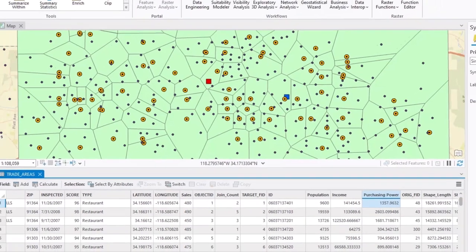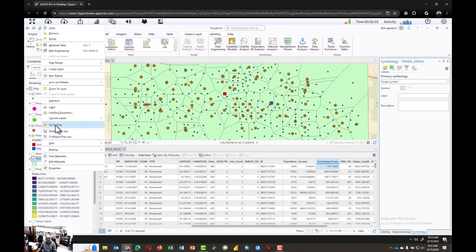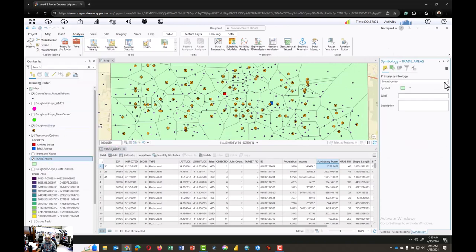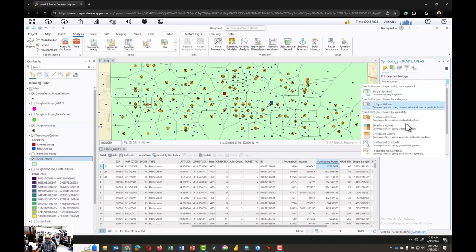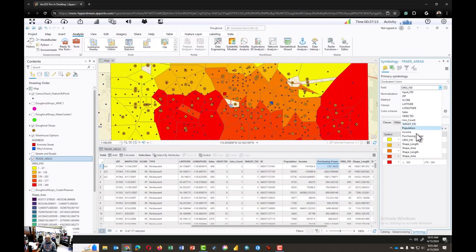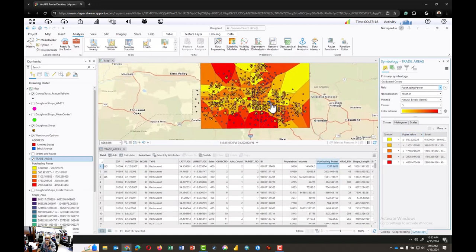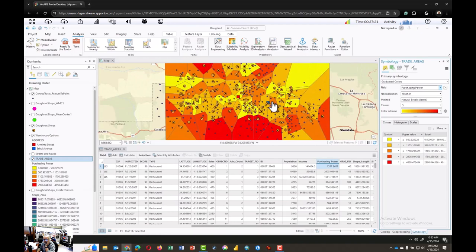We can then switch over to our primary symbology. If this window isn't open, right click on Trade Areas and click on Symbology, and let's map the purchasing power by selecting graduated colors and then switching to purchasing power. We see that when you combine areas that have a great number of people and that they're wealthy, you have a good bit more